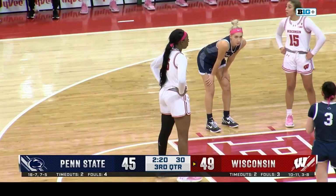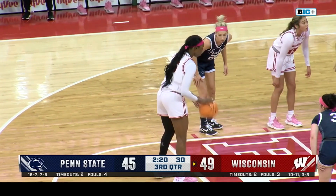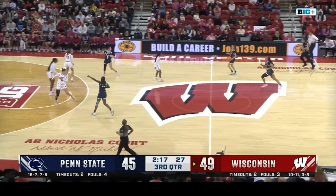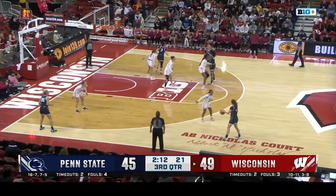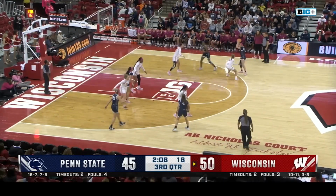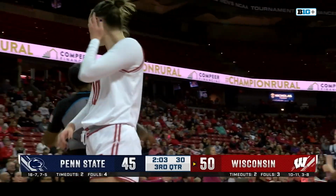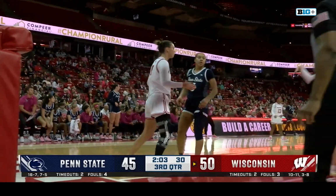Obviously very aggressive post play by both of these teams, trying to establish dominance inside. But Sarah Williams, coming off of that 9th straight double-double, adding on to her points total, as she's got 17 for the day. Chusky had 15 points in the first half, has not been able to find the basket since. They'll hand it off to Murray, driving inside against Williams, and that's going to be a charge against Murray. So the frustration continues for Penn State here in this third quarter,